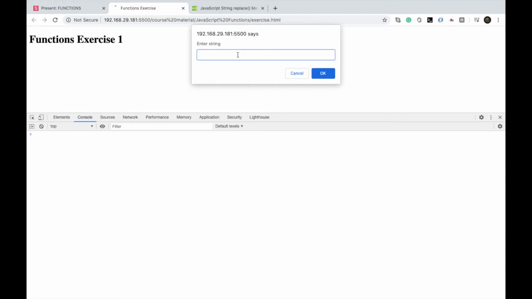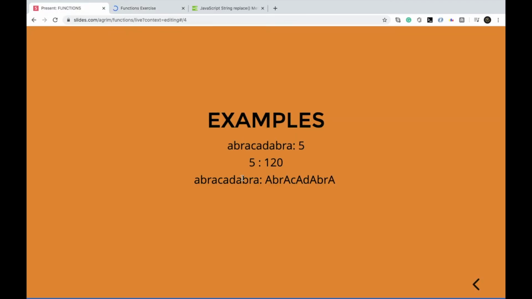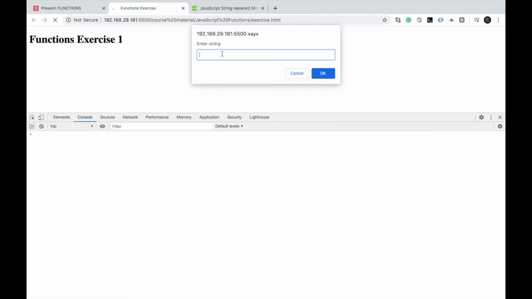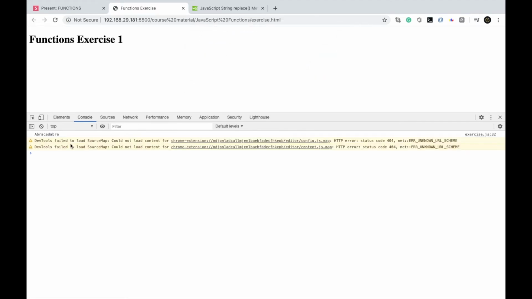This is enter string, so I'll enter, and I had my example here. Again, it's abracadabra, so we see that only the first A gets replaced. So what's the reason behind that? Well, actually, I know the workaround to this. There's something known as the global, and we have to use that. But again, just to show you the process to accomplish something